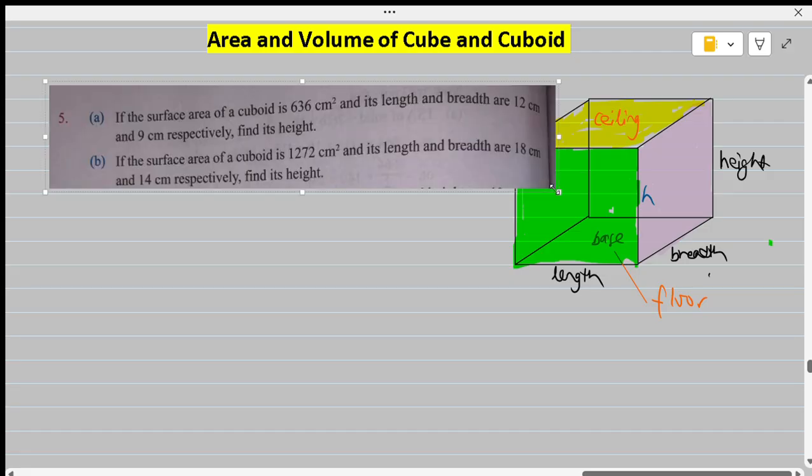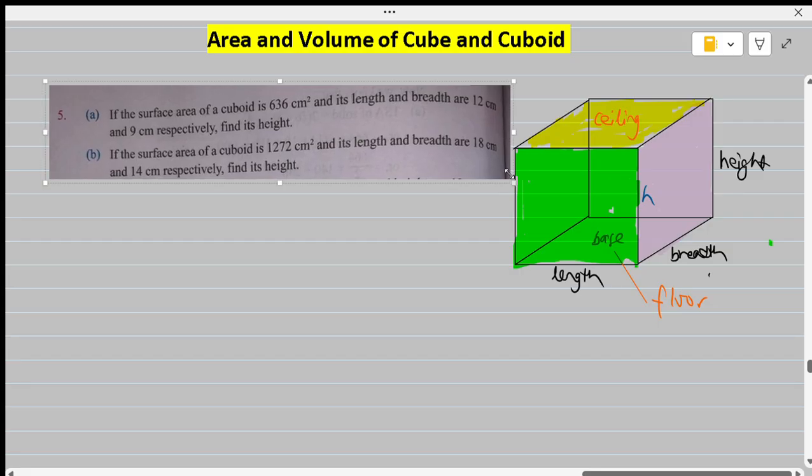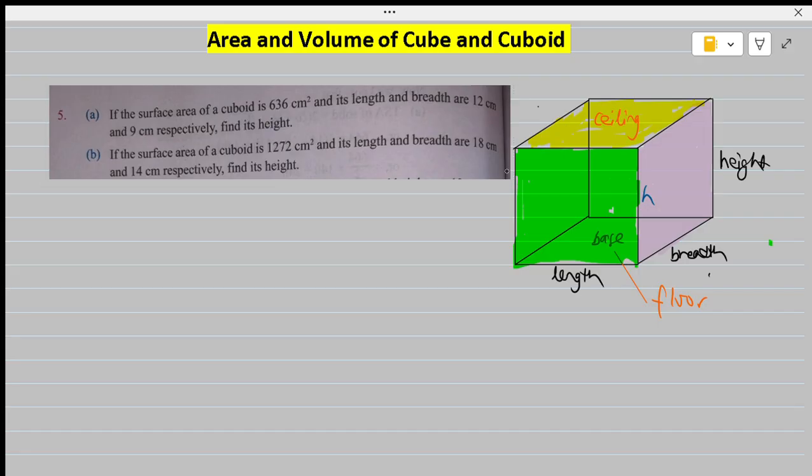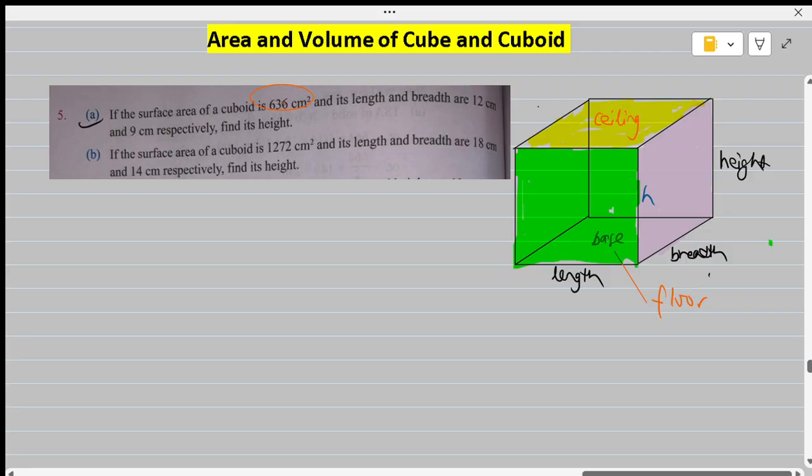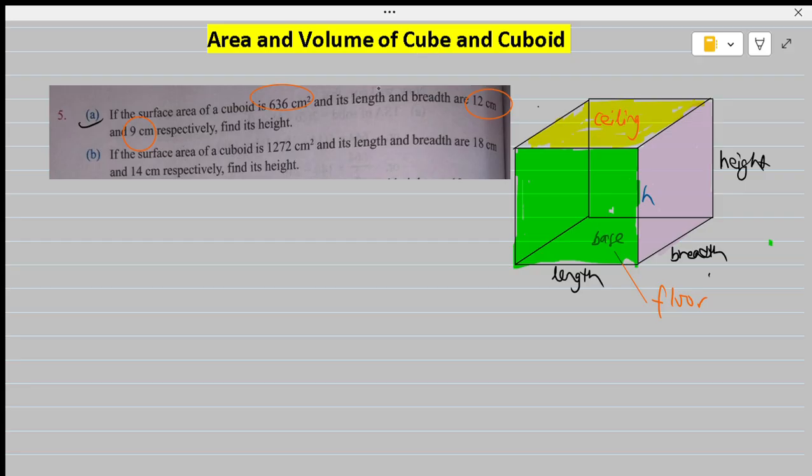Okay, let's see what's here in number 5. I'm going with number 5A. What's the idea? The surface area of the cuboid is given, and besides that, length and breadth are given, and we are asked to find the height. Here given surface area, length is 12 and breadth is 9, and you're asked to find the height. So from the given total surface area, I start here. Total surface area of cuboid,